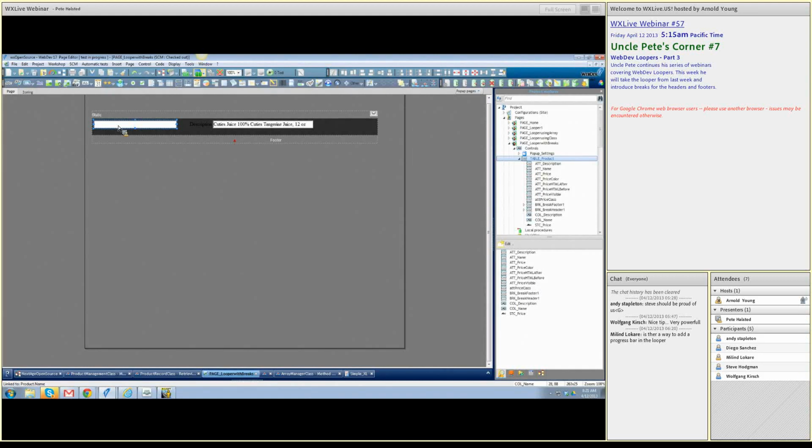Okay. Is there a way to add a progress bar in a looper? You mean while it's building? Arnold, mute me for a moment, please. There isn't necessarily a progress bar, at least one that I've never worked out, but there is an Ajax indicator,